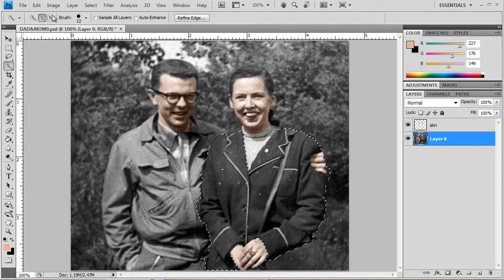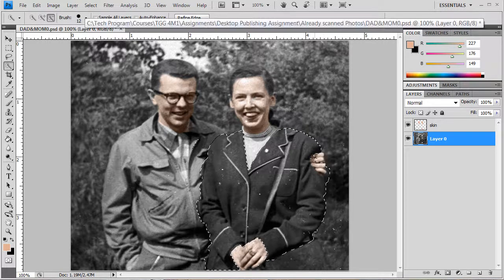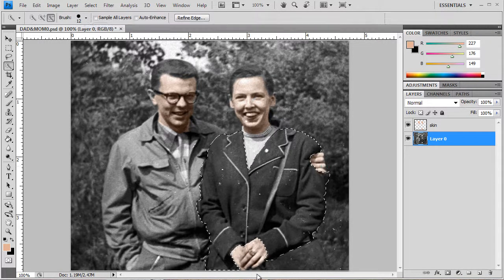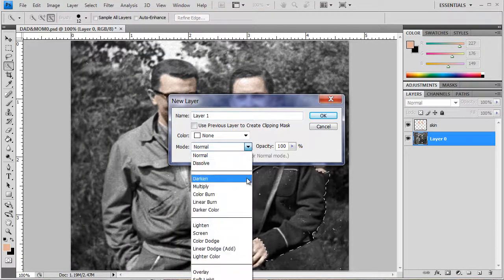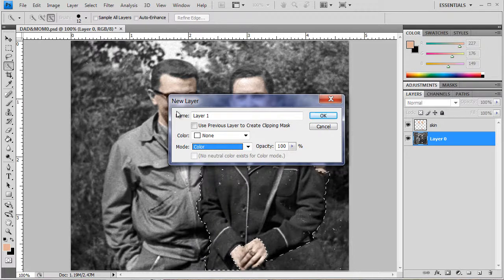Now I should also remove the fingers, but that looks pretty good. I should remove some of the striping and that pin, etc. But we're going to work with this. So again, I make a new layer, and for mode I pick color, jacket,